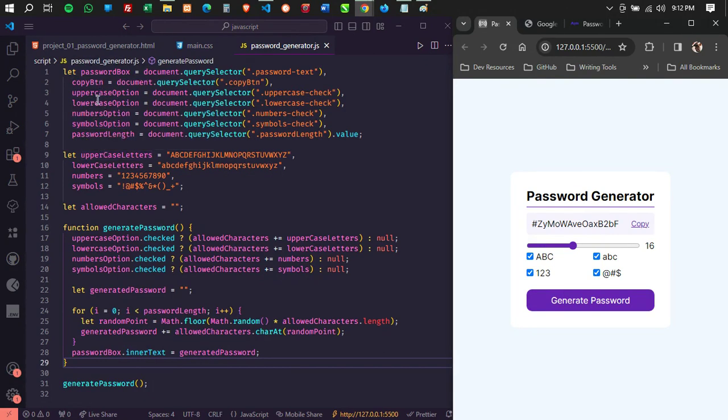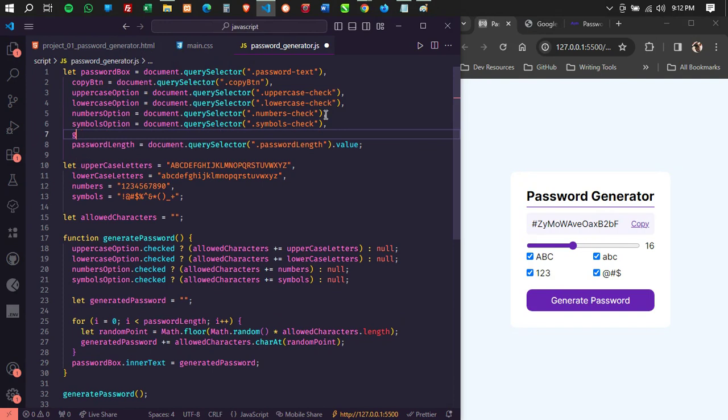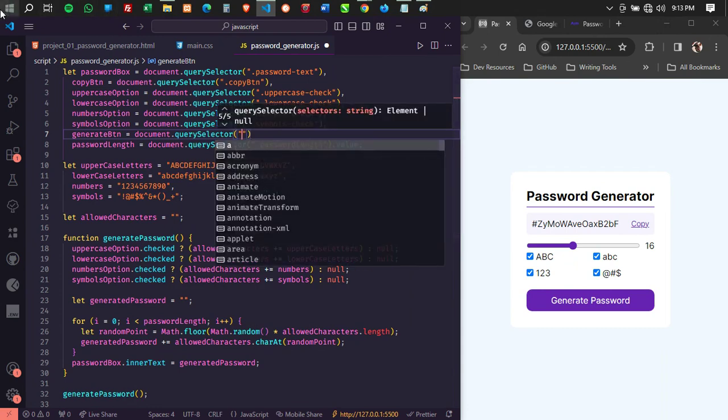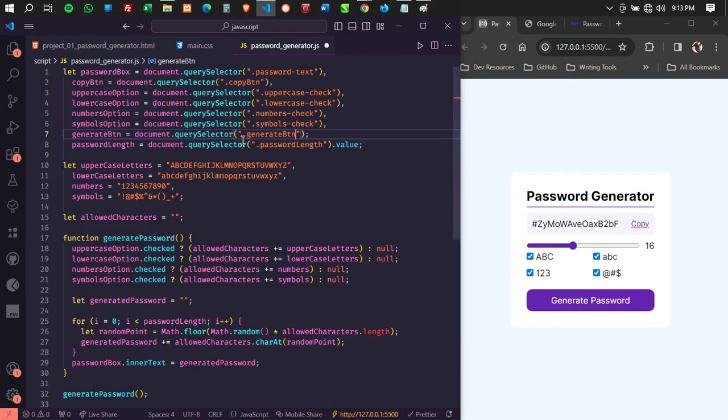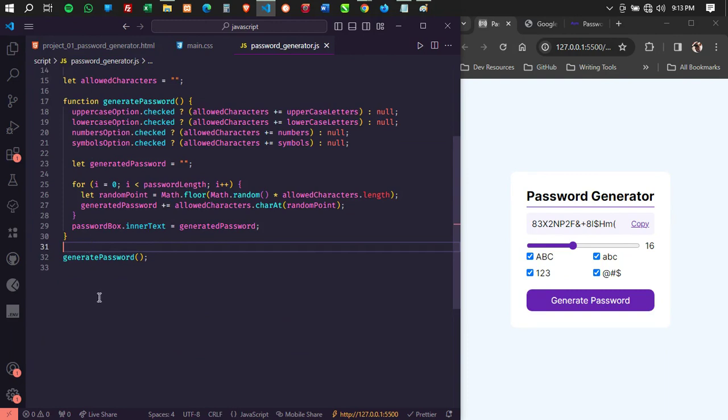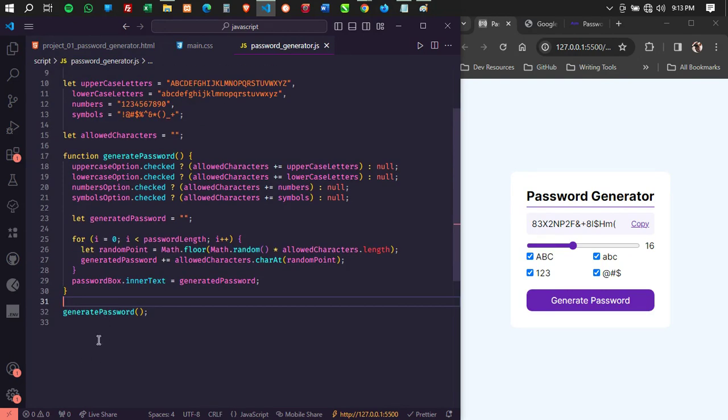I haven't assigned the generate button over here. Right, we have only the copy button. So I could say generate button equals document dot query selector. And then what I'm going to do inside here is select what I gave a class of generate button. So I'll select that. Then I'll come back here and say generate button